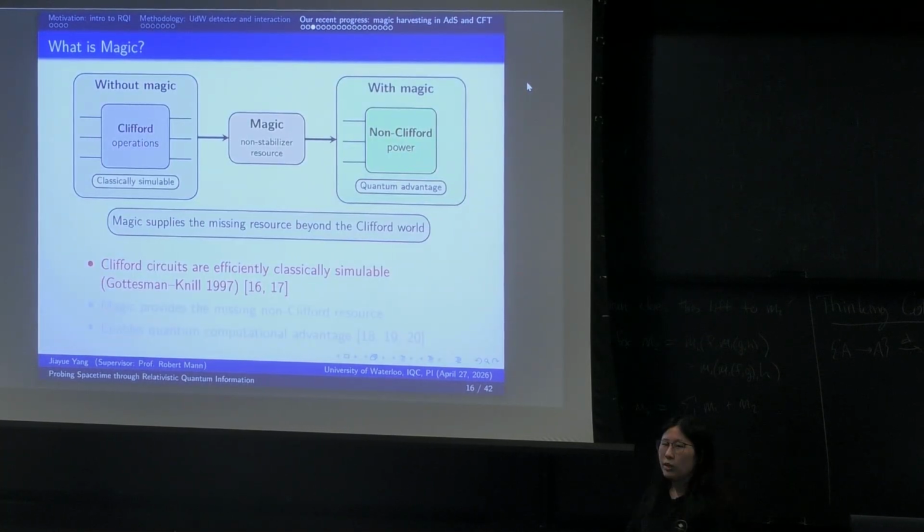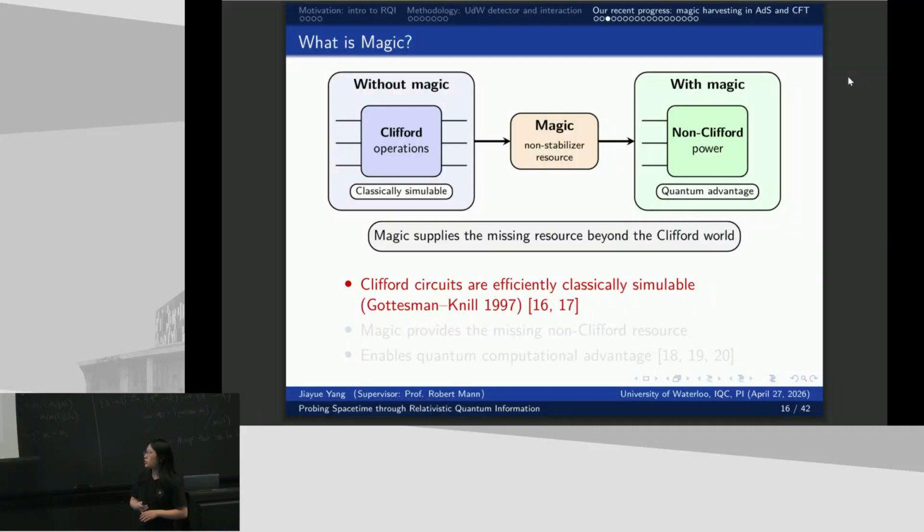In quantum circuits, there is a kind of circuit called Clifford circuits, and those circuits can be simulated on a classical computer in polynomial time. That's why we say Clifford circuits are efficiently classically simulable. There are other kinds of quantum circuits that cannot be simulated on a classical computer in polynomial time. Clifford circuits can be described by the stabilizer formalism, so they can be classically simulated in polynomial time.